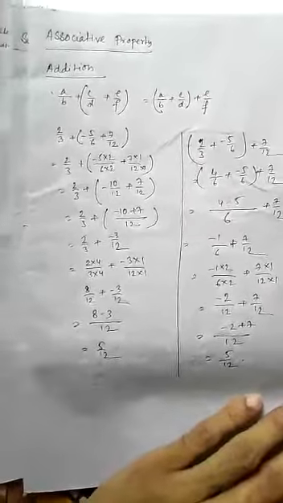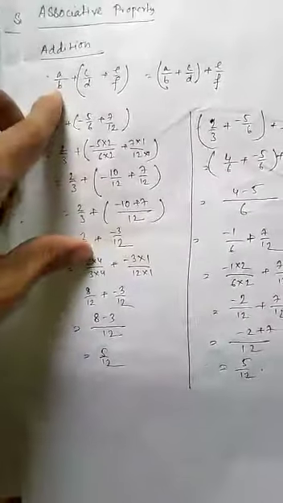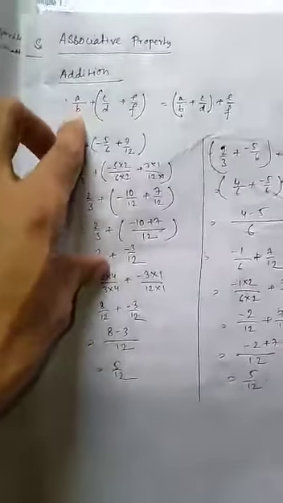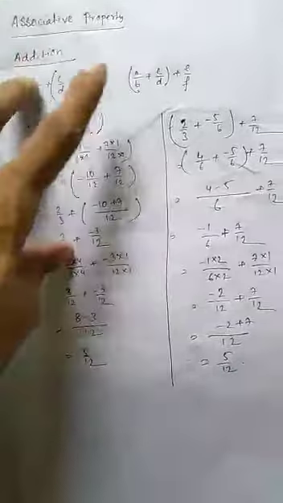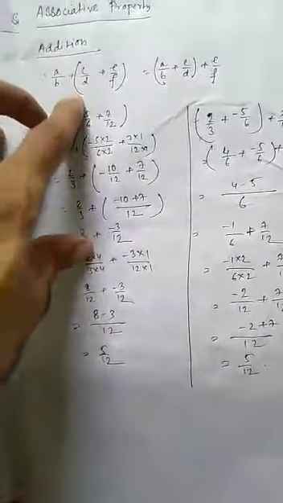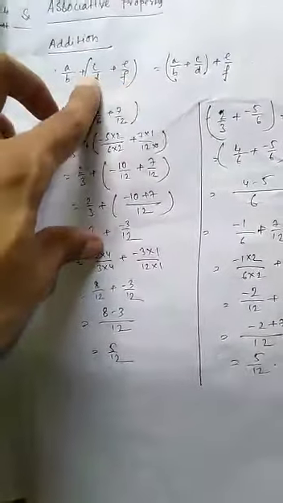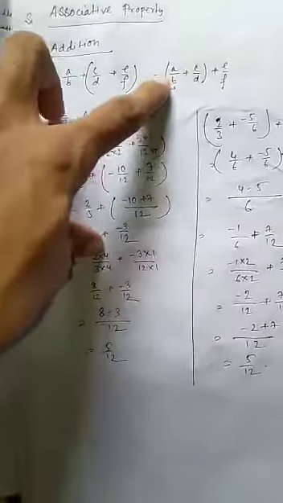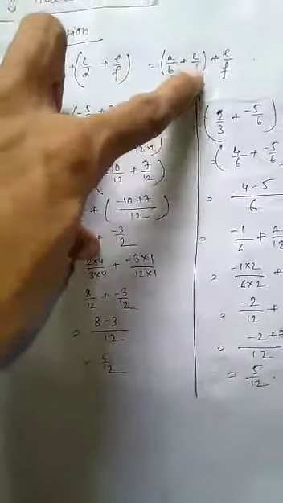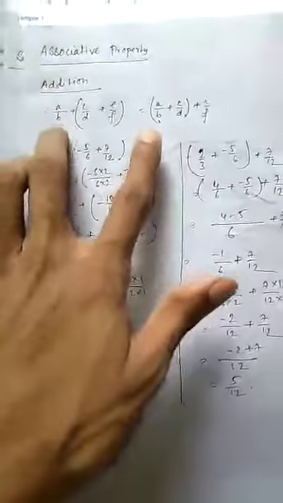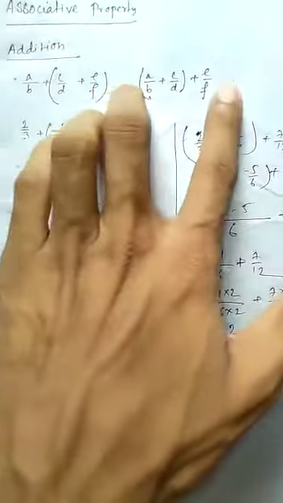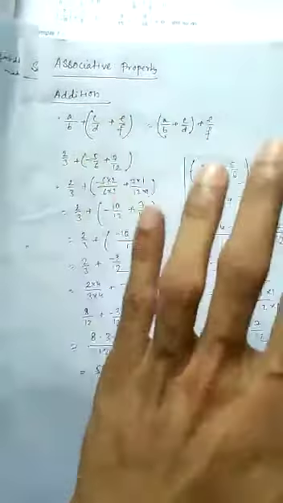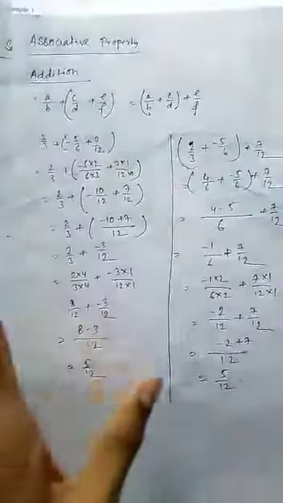So now in case of addition, if we consider a by b, c by d and e by f are three rational numbers, then if we group the numbers like this, a by b plus c by d in the first bracket, plus e by f, or a by b plus c by d plus e by f in the first bracket, then the grouping of these three numbers is different, but ultimately the result will be the same. If this happens, then we can say that it maintains the associative property.